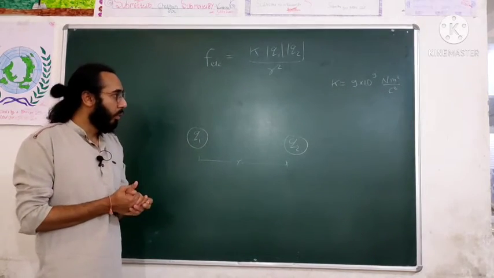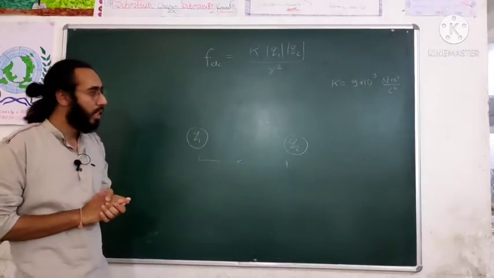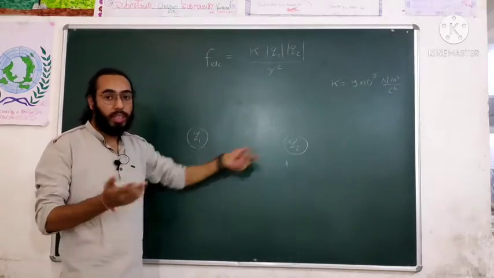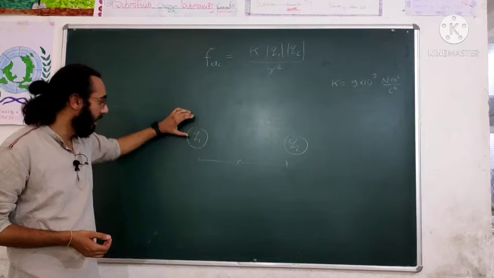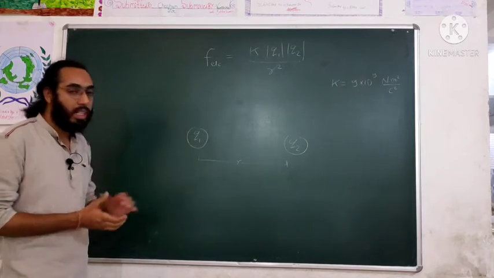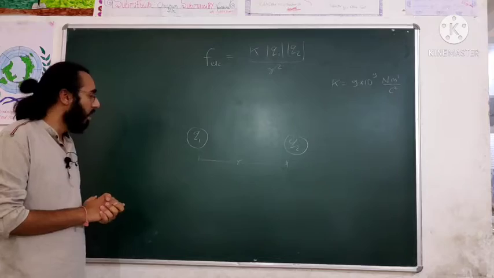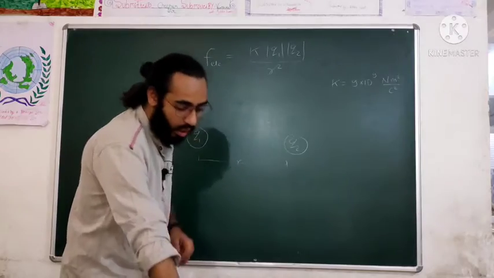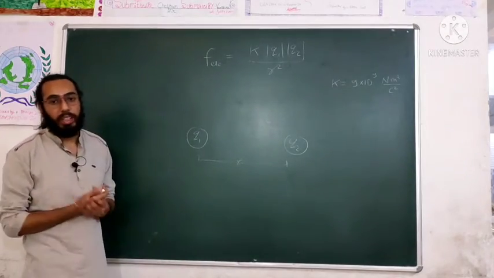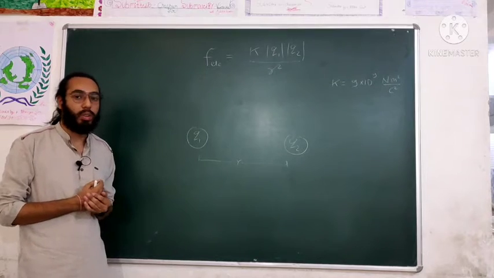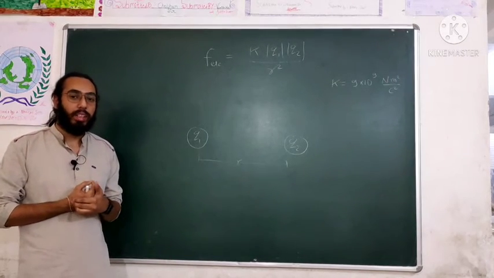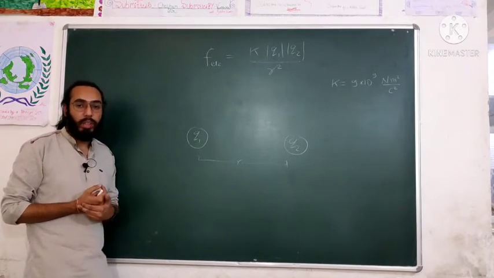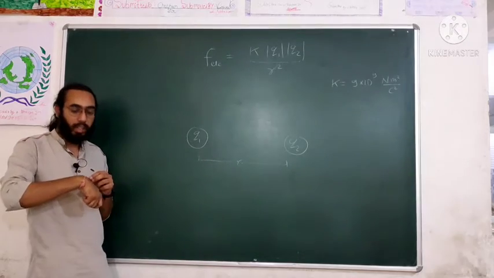So in this video we are going to see quantization of charge. What does 1 Coulomb charge mean, what is the value of charge, what is actually happening? If I say I am providing Q1 to be 2 Coulombs, 3 Coulombs, 4 Coulombs, minus 5 Coulombs, what is actually happening here? The smallest charge is that of an electron, because there is nothing smaller than the electron, which is the smallest unit in an atom along with the proton. The proton has a positive value, and the electron has a negative value.